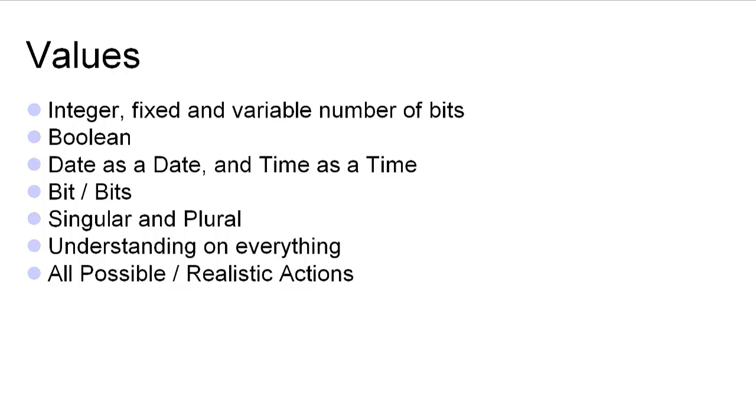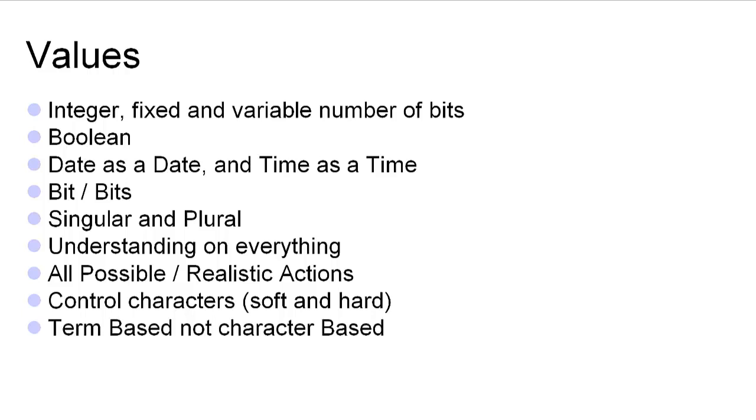And we need as a technology, we want to be able to perform all possible or at least realistic actions on a data structure. So an integer, what can I do with it? I could shift it, I could treat it as 2 bits, I could assume an offset, and there again, this is associated information. And we need control characters, meaning that we need to be able to divide our information and put control characters in there. We have 1 right now, character term. 2. We have a tab, and I guess if you want to use a space as a control character,